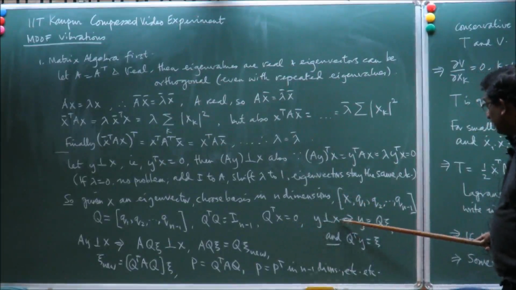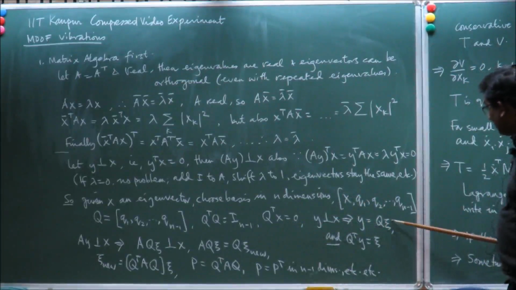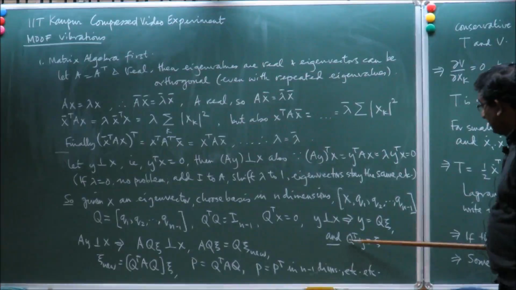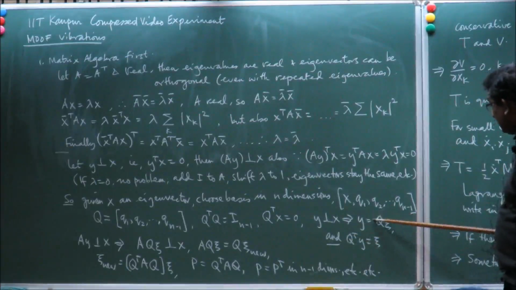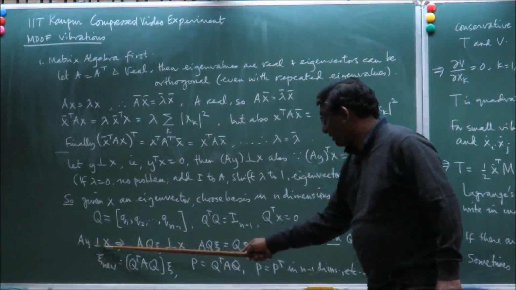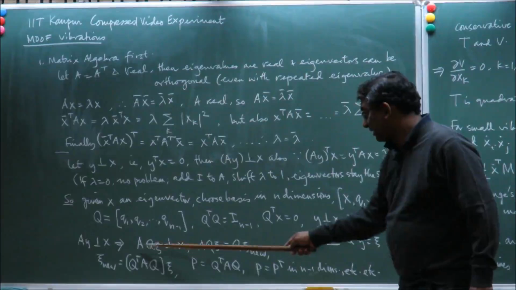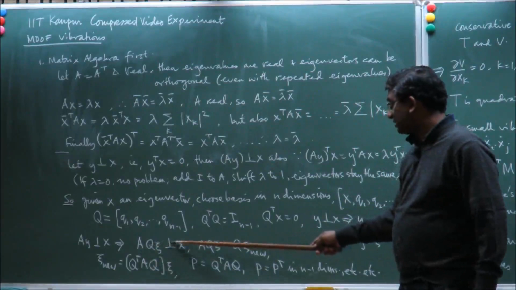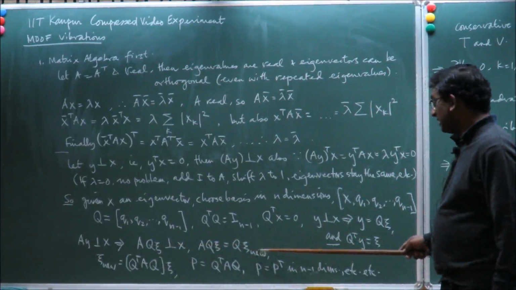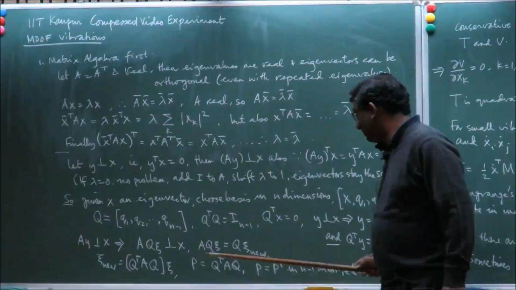Y perpendicular to x means y is equal to Q xi for some xi, and if we know that y is in fact perpendicular to x and y is Q xi, then of course we can find xi very easily by pre-multiplying with Q transpose, because over here we get Q transpose Q, which is identity. Alright. We know that Ay is perpendicular to x, that means A times Q xi for some xi is perpendicular to x. A Q xi is therefore Q times some nu xi, and we can find the nu xi by